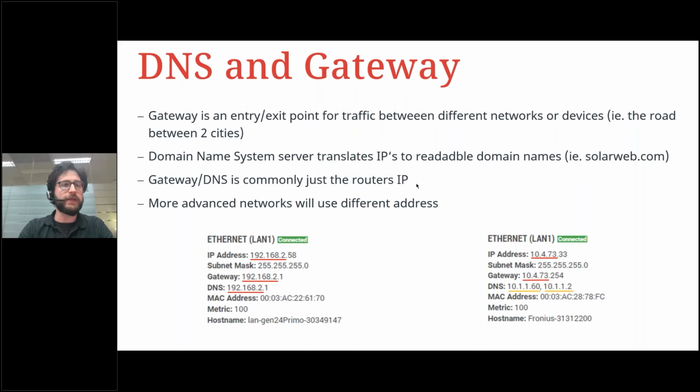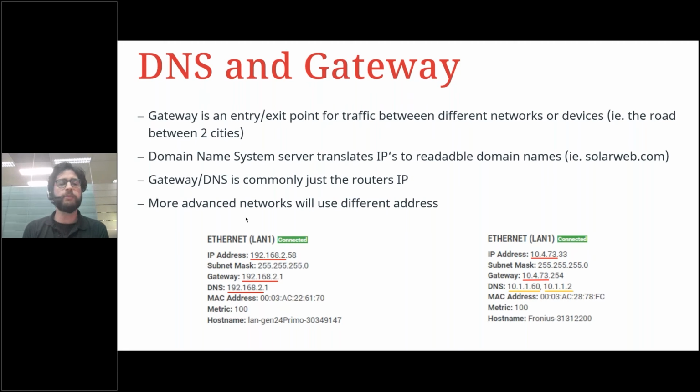Cool, the DNS and the gateway. So just a brief explanation of what they are. So the gateway, you could think of it like a road between two cities. It's how everything's going to travel, so an entry and an exit point for the network. And the DNS is like a translator, and that will translate something like solarweb.com to an IP that can be used by the router. So commonly what you'd see, we've got a screenshot in the bottom left from the Gen 24